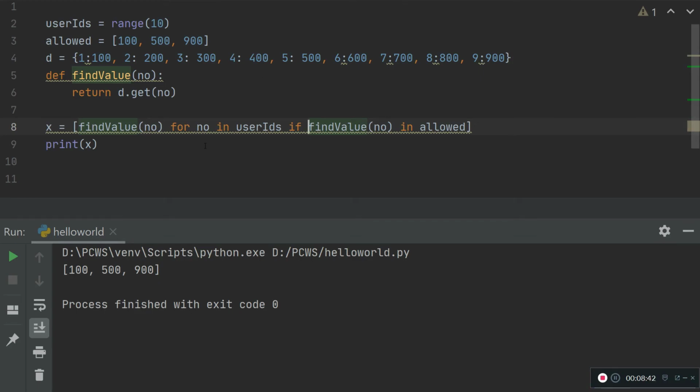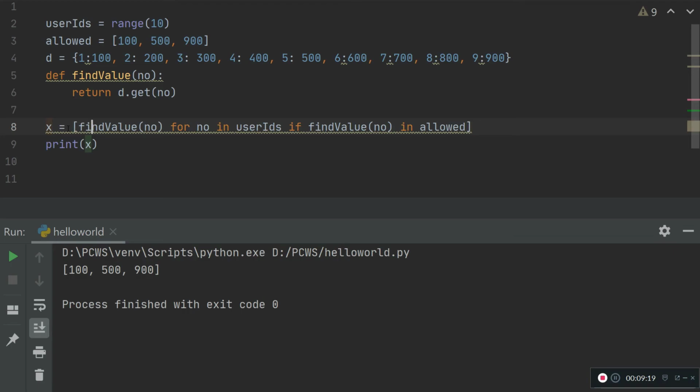Now what is the problem here? What is the disadvantage? Let's say this method is a heavy method. It is taking, let's say, 1 or 2 minutes. It is performing a lot of operations like reading a file or going to a database or fetching the corresponding value from the database for a given number. So all these operations it is performing, and we are calling it 2 times in the list comprehension. Let's say this method is called 1000 times, so I am calling it inside 2000 times. So this is the overhead.